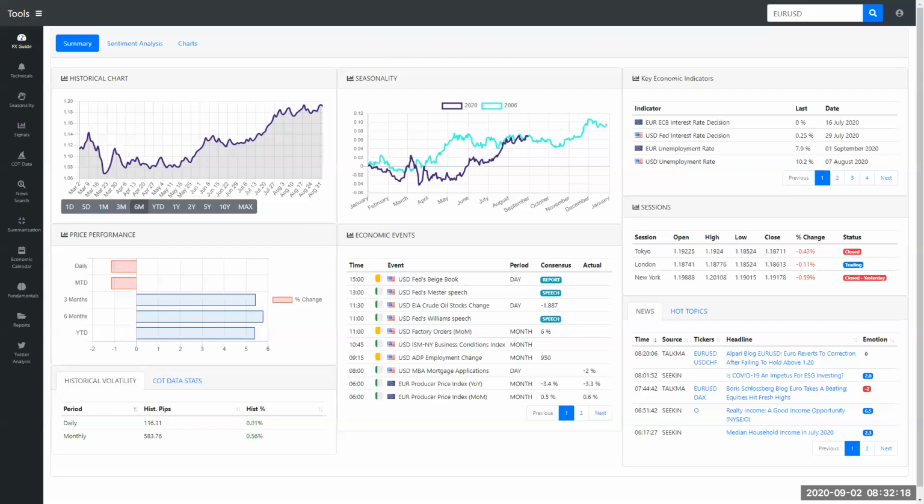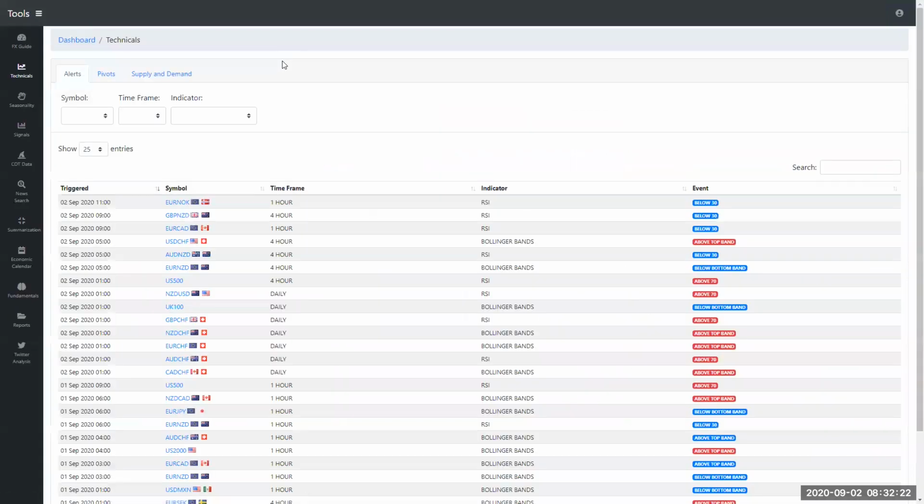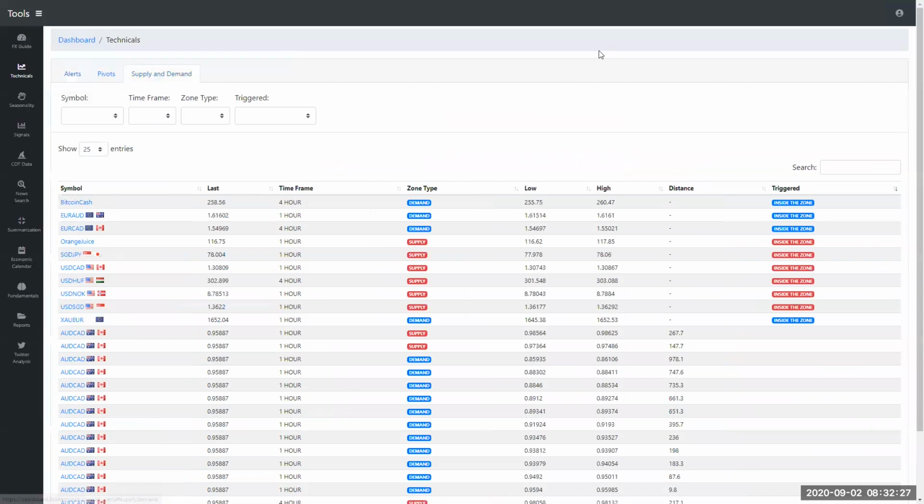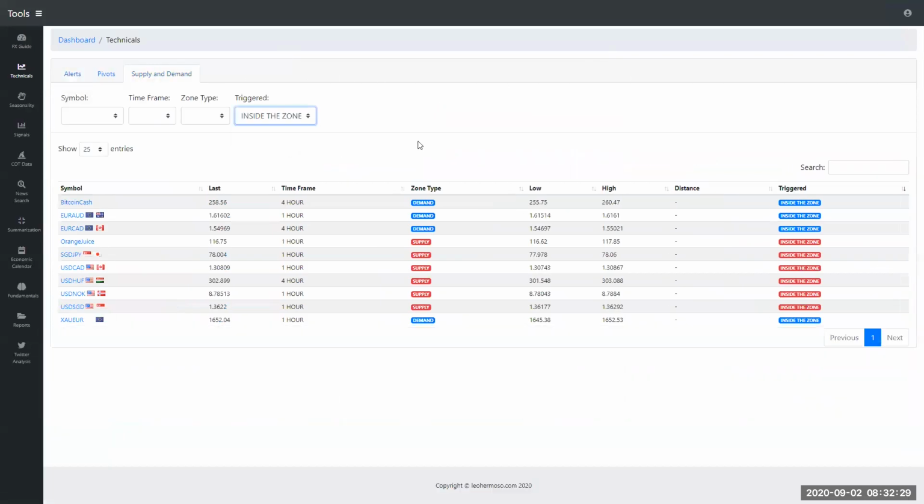I will start explaining what I think is one of the greatest tools that we have on the dashboard. That is the supply and demand tool. And this tool